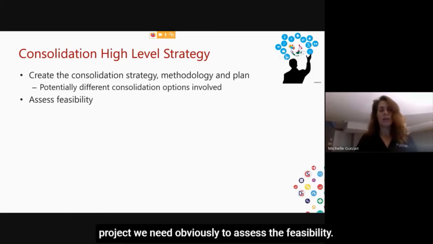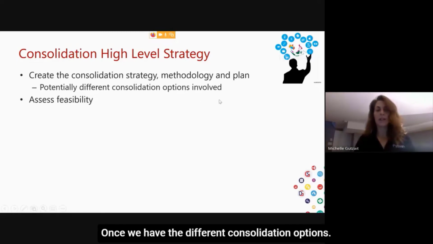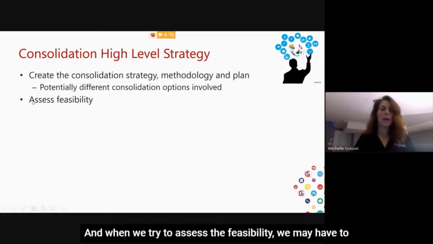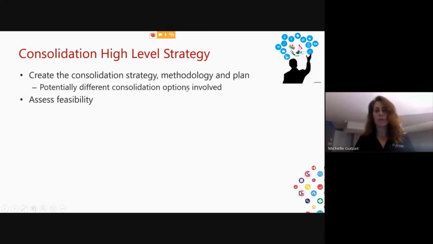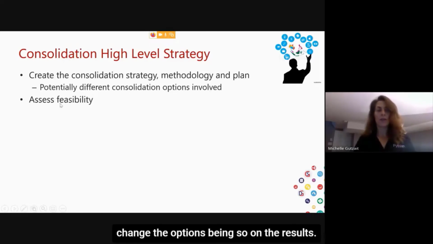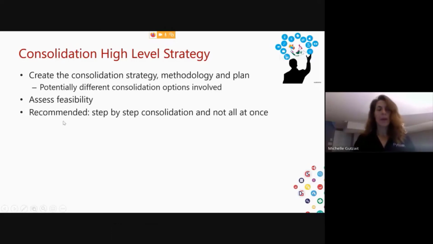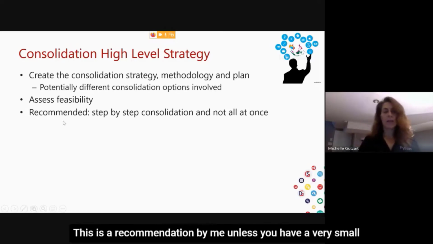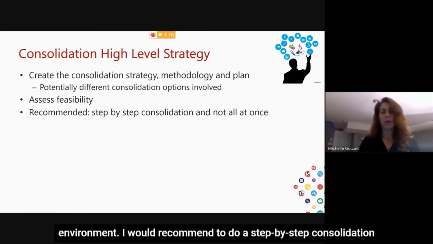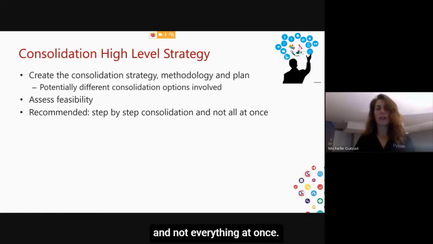We need obviously to assess the feasibility once we have the different consolidation options. And when we try to assess the feasibility, we may have to change the options based on the results. This is a recommendation by me. Unless you have a very small environment, I would recommend to do a step-by-step consolidation and not everything at once,